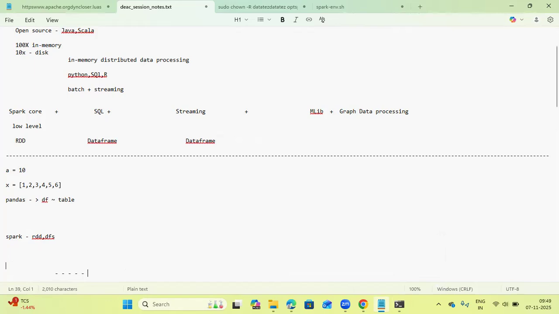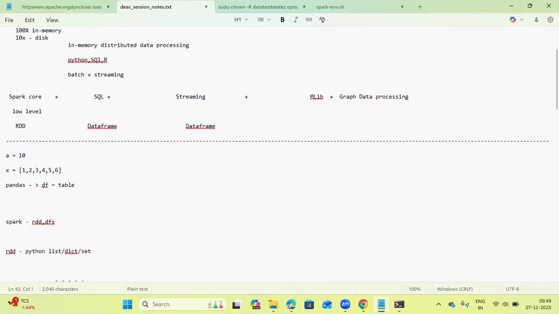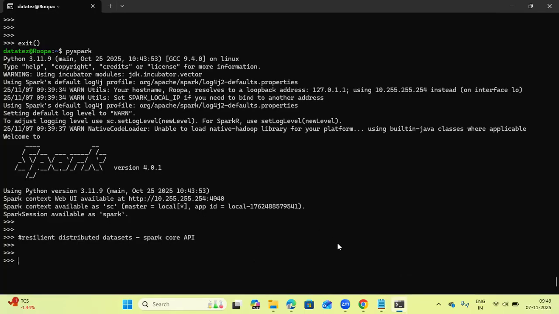And these Resilient Distributed Datasets can be created from a Python list, dictionary, sets and all, or otherwise we can create them from files as well. Okay, we can create them from files as well. But here, to show you the example, let us try to create the RDD from a list. Okay, I will say we have a Python list 1, 2, 3, 5. So this is my list. Out of this list, I will try to create the RDD. So rdd0, I will say,